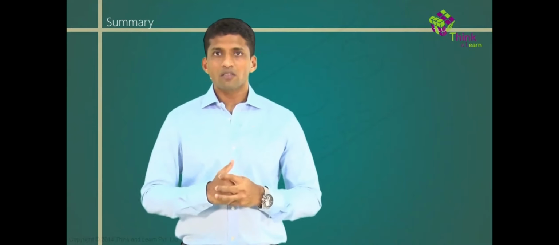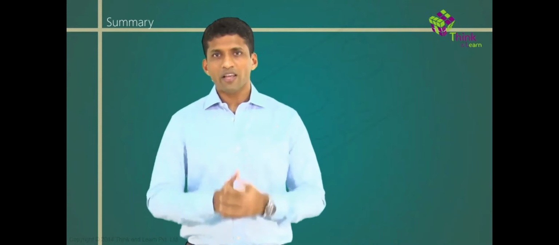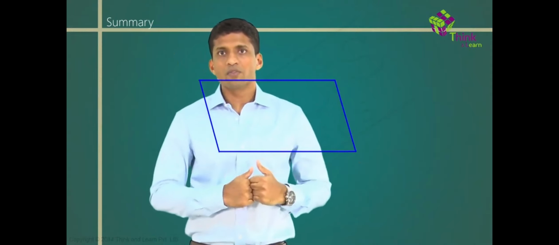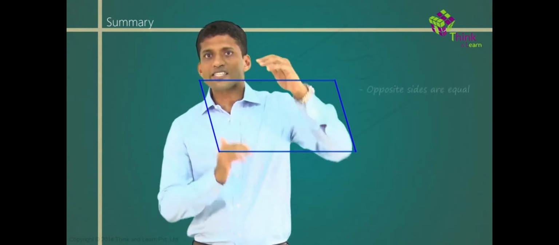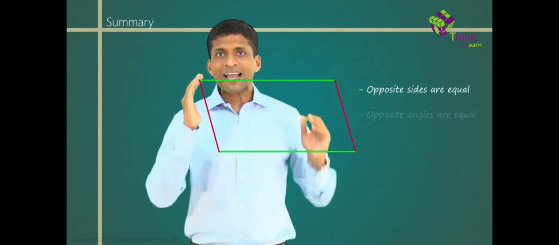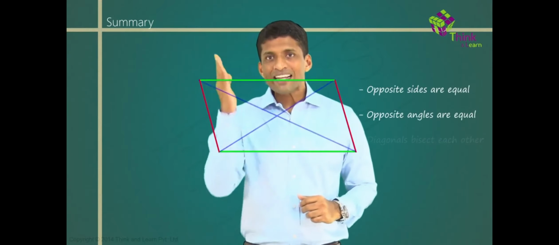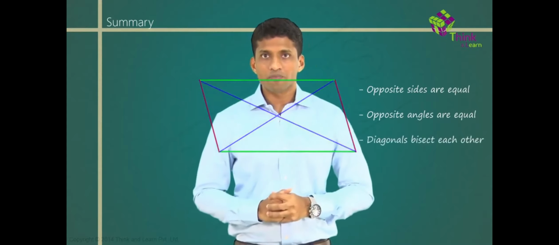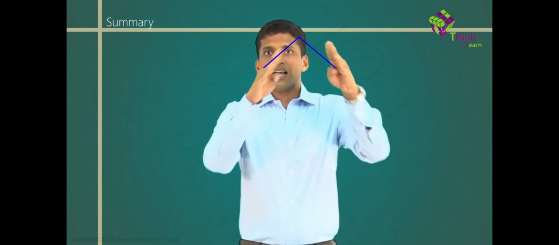So I'll summarize the complete chapter, just like other areas, in a couple of minutes. If I start with parallelograms, the important properties are opposite sides are equal, opposite angles are equal, and diagonals bisect each other. Now, in a kite like this,